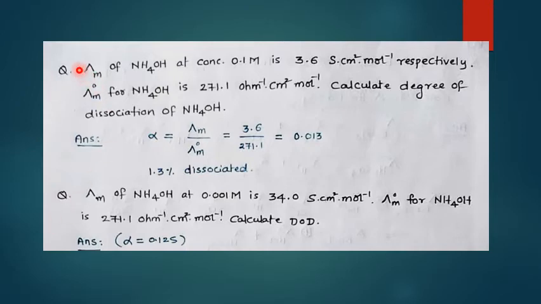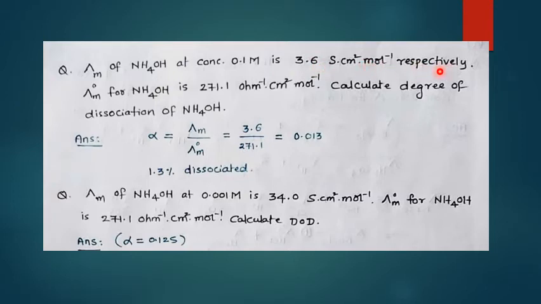Yes, molar conductivity only. Here one more symbol is there, again naught. This is molar conductivity at infinite dilution. Please focus on the terms. Terms are very important here. This is only lambda. This symbol represents only molar conductivity. But when naught is there, automatically it represents molar conductivity at infinite dilution. That is the difference.